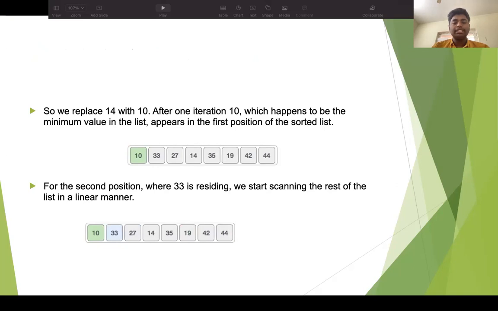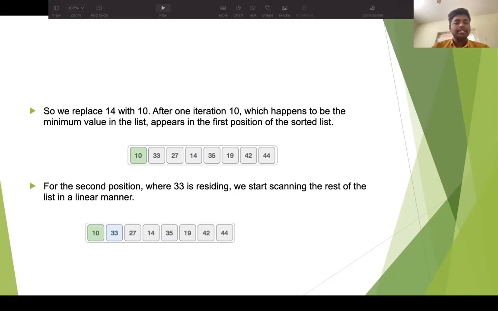After one iteration, 10, which happens to be the minimum value in the list, appears in the first position of the sorted list. Here we can see the 10 comes to the first position.